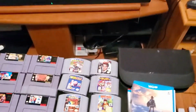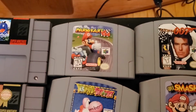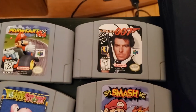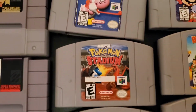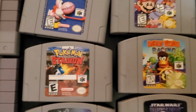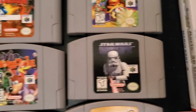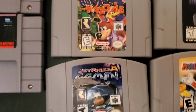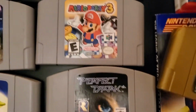So, on N64, we have Mario Kart 64. I'll trade that all day and all night. Same with GoldenEye, same with Smash Brothers, Yoshi's Story, all really good games to trade. Pokemon Stadium, Diddy Kong, Star Wars Shadows of the Empire, Banjo-Kazooie, Jet Force Gemini, another really great one to trade, Mario Party 3, Perfect